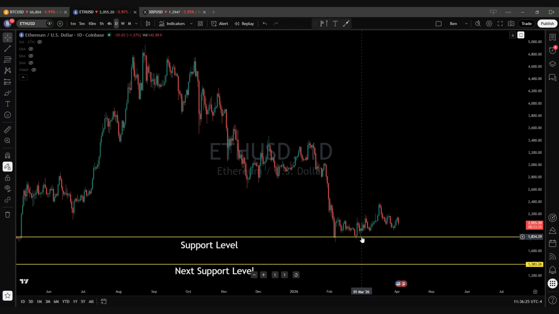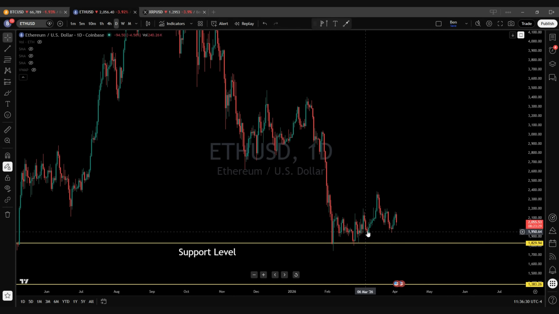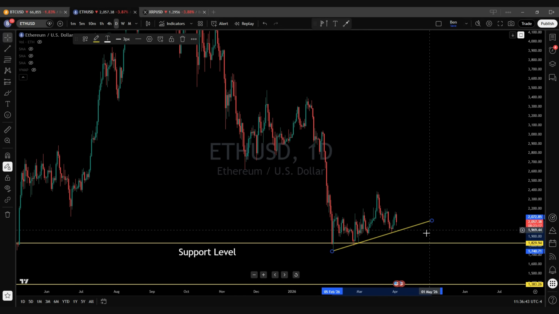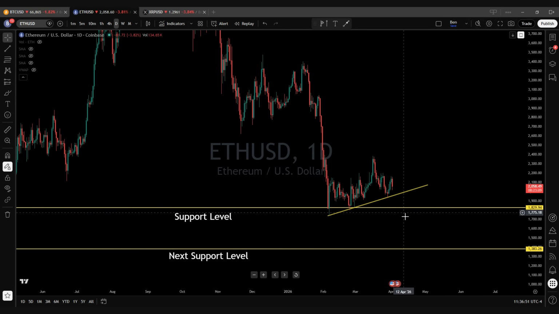The third hit after this retrace was where the support level really played out. And now we had this nice surge to the upside as well on Ethereum, similar to what happened in Bitcoin. So what I'm waiting for is this trend line either to decide if we're going to continue higher, or if we decide to break this upsloping trend line, then we're going to see this support level get tagged again. And based on the multi-hit method, you are going to see a break of that level, and your next level